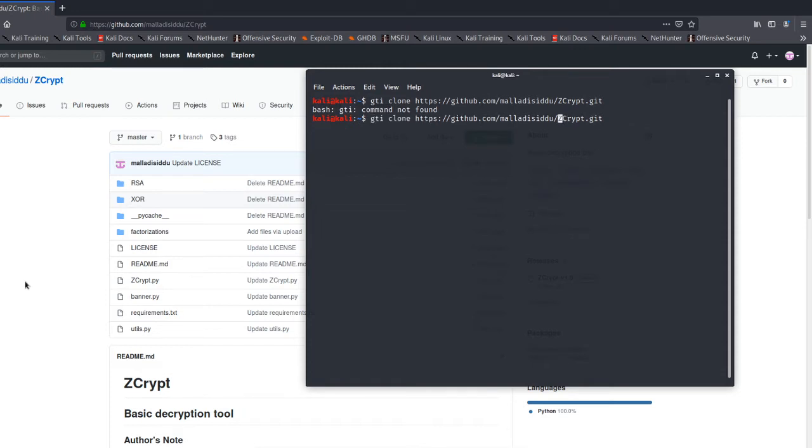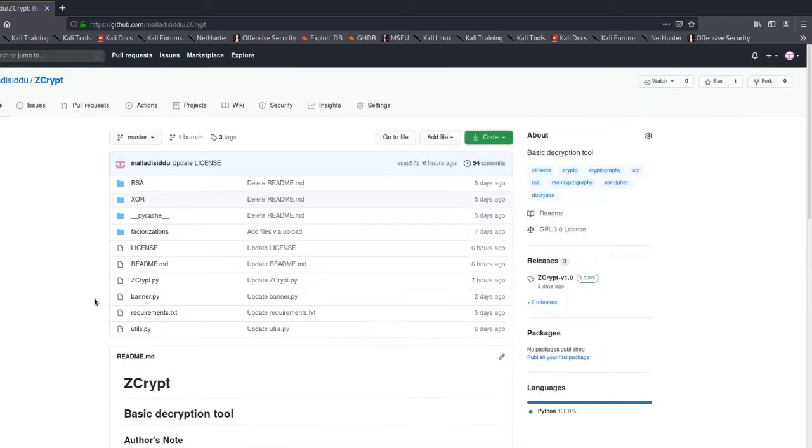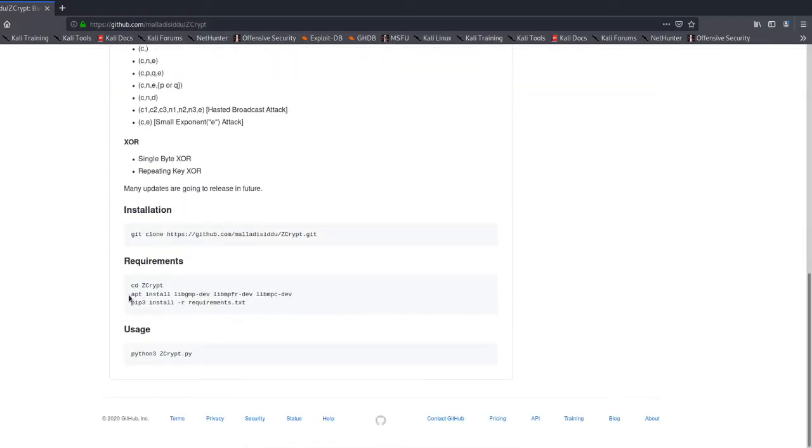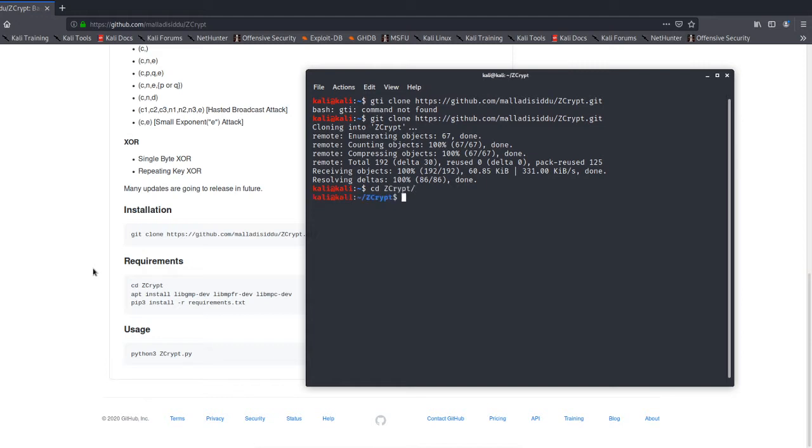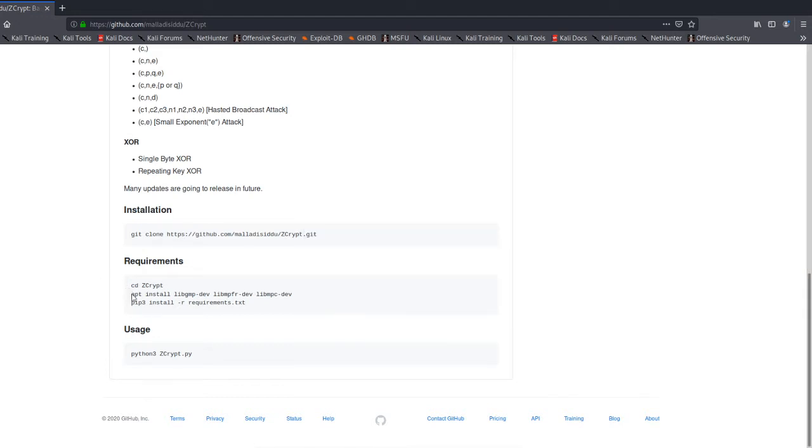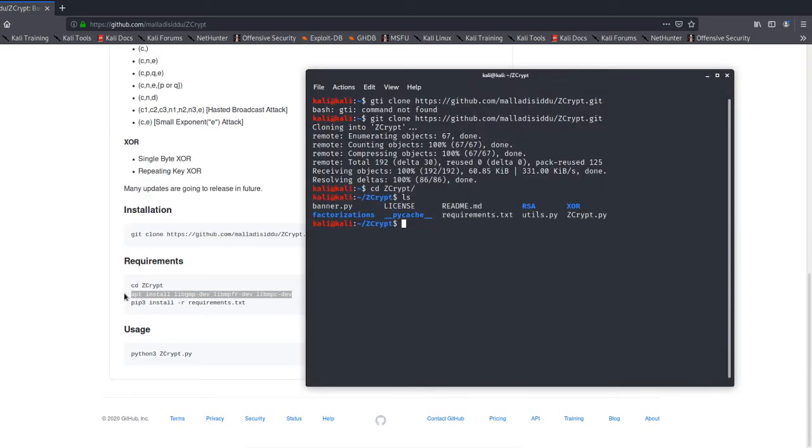After cloning the repo, we need to get into the repository. I already installed it, but just for the demonstration.